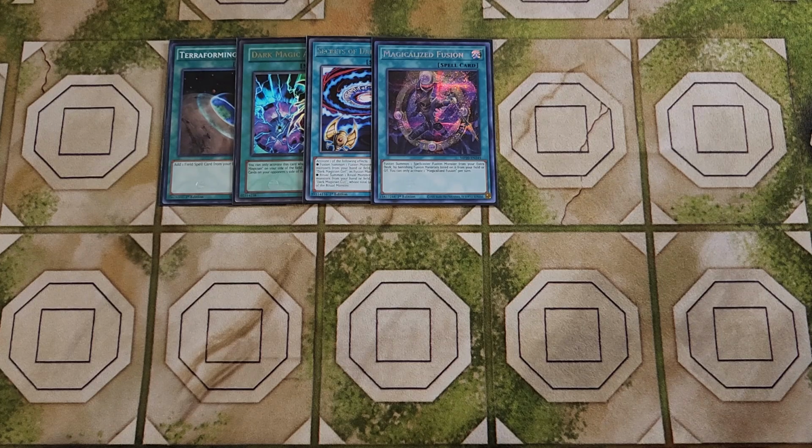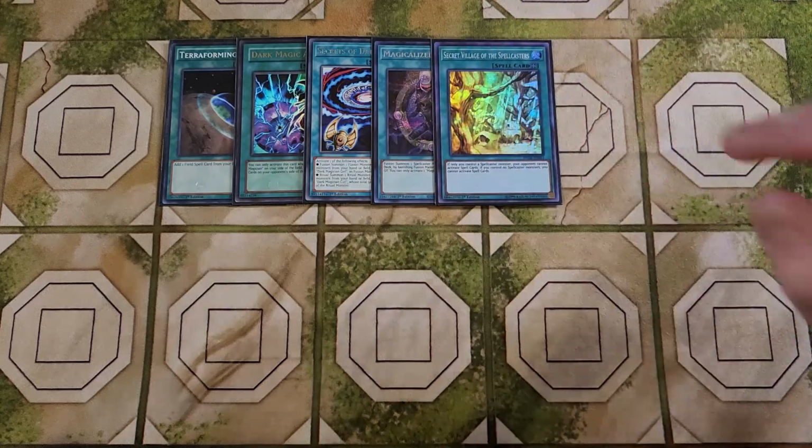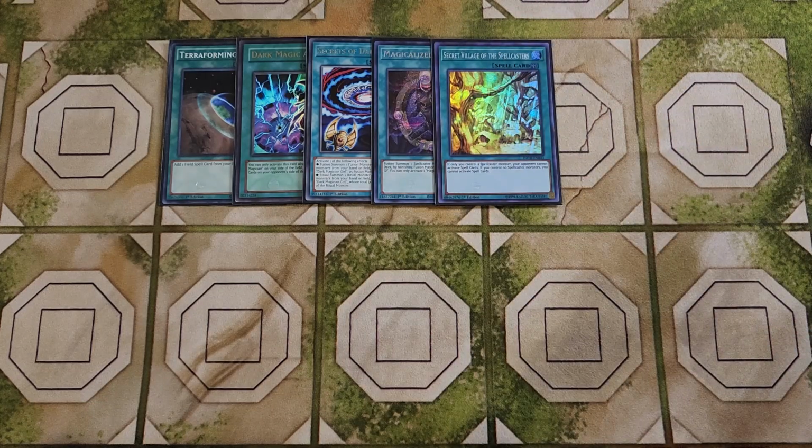We then play a single copy of Secret Village of the Spellcasters. Secret Village of the Spellcasters is a good one-of in the deck, but I only feel like you need a single copy of this card to be able to lock down your opponent with, because we do play Terraforming in this build. But this card is really good because if only you control a spellcaster monster, then your opponent cannot activate spell cards, and if you don't control a spellcaster monster, you can't activate spell cards,